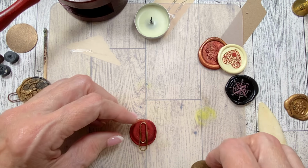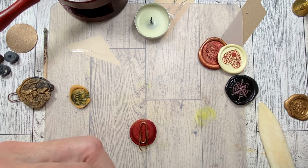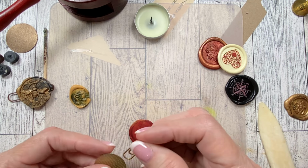I'm going to take my circle, my 1 inch circle. I can throw a little ink around it if I want to. You don't want that white. I don't think it'll show. The white I don't think will show. But if you wanted to make sure, you could do that. Put this on here